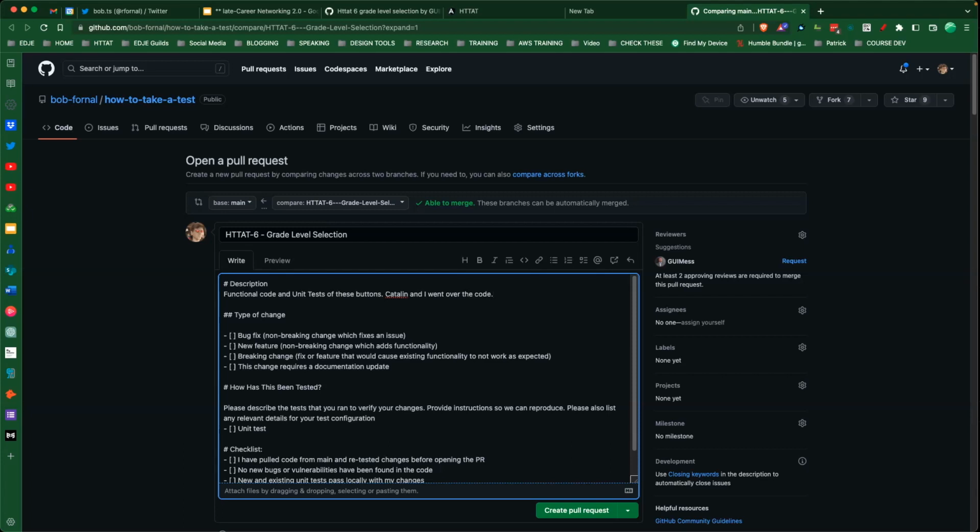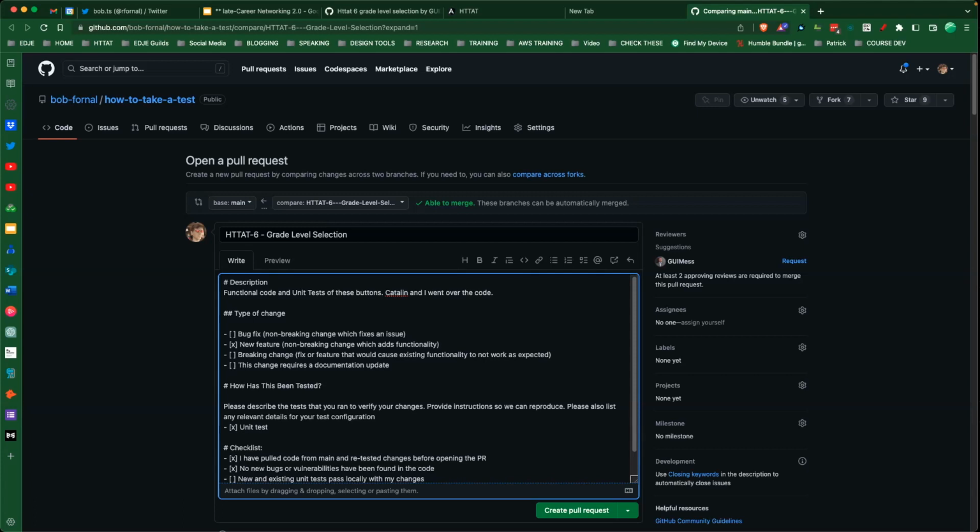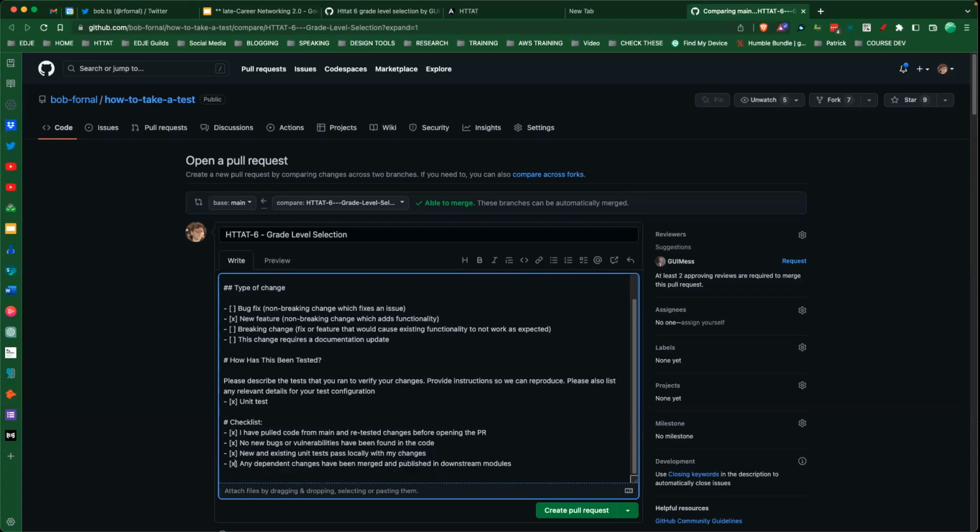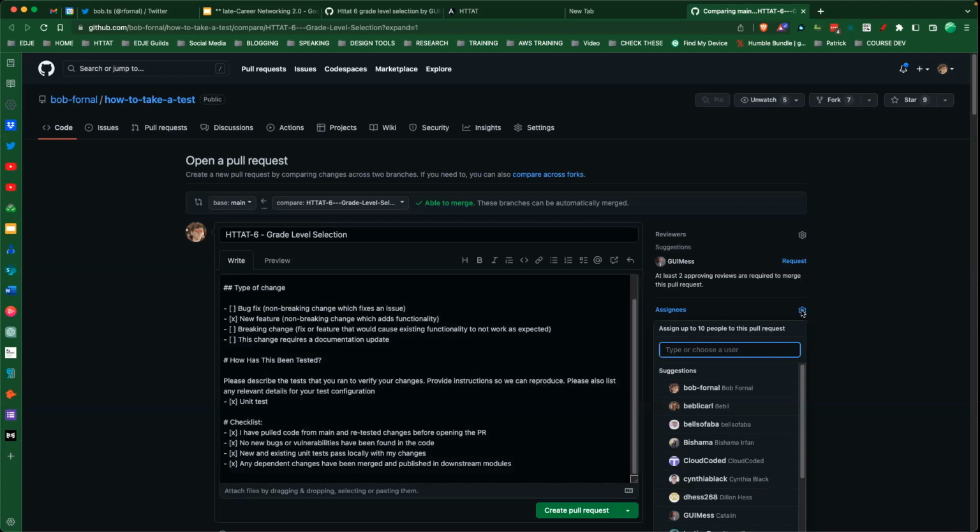I want to make sure. I can mix things up all over the place. We have unit tests. That's one you didn't check. We pulled the code and retested the changes. We'll redo that real quick one more time. No new bugs. New and existing unit tests passed locally. Dependent changes have been merged and published in downstream modules. I'm going to assign this to